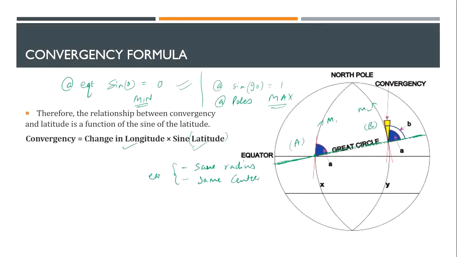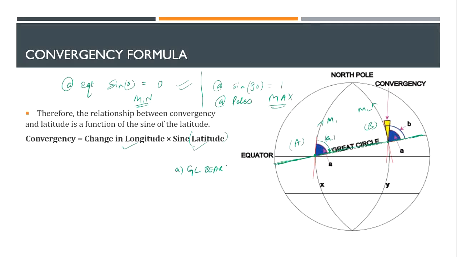Please make your fundamentals strong, and your answers will already be with you. So whatever the radius, whatever the center the Earth has, if a circle has that, it is a great circle. Now, I have a great circle in a two-dimensional figure. You will see the circle being a line. So this line is a great circle. Whatever angle is subtended in a clockwise manner is known as the great circle bearing. Let's take this as A. A is given as the great circle bearing.